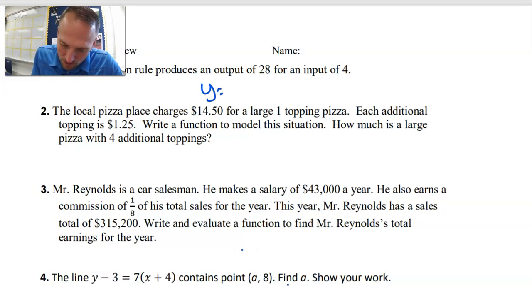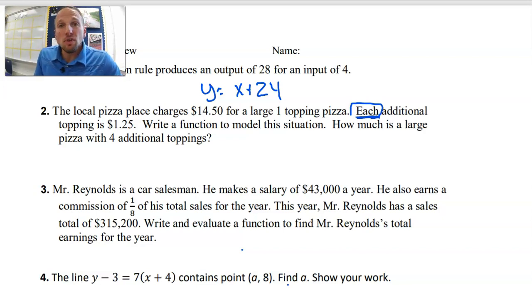Let's look at the next one. Number 2, the local pizza place charges $14.50 for a large one-topping pizza. Each additional topping is $1.25. Okay, so now here's what I see. I see the word each, okay? Each, every, and per mean to multiply. So this is just keying me in that I'm going to need to multiply